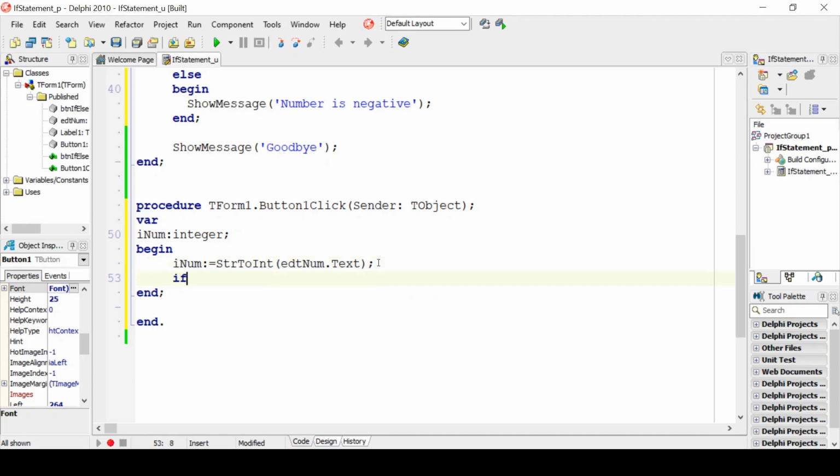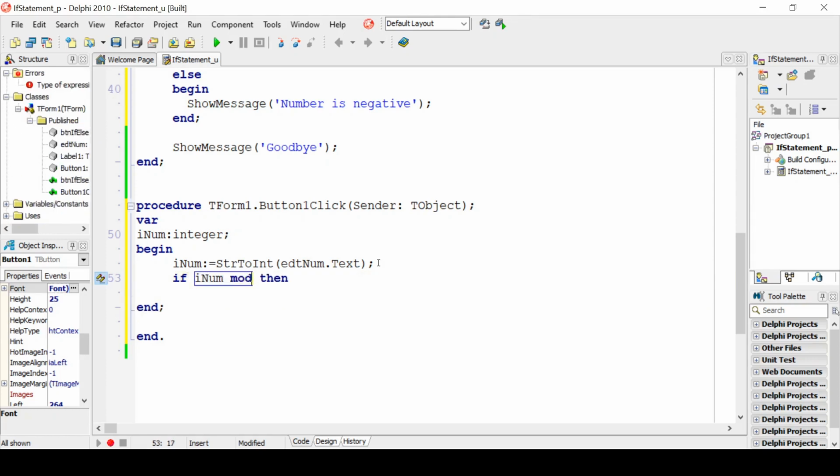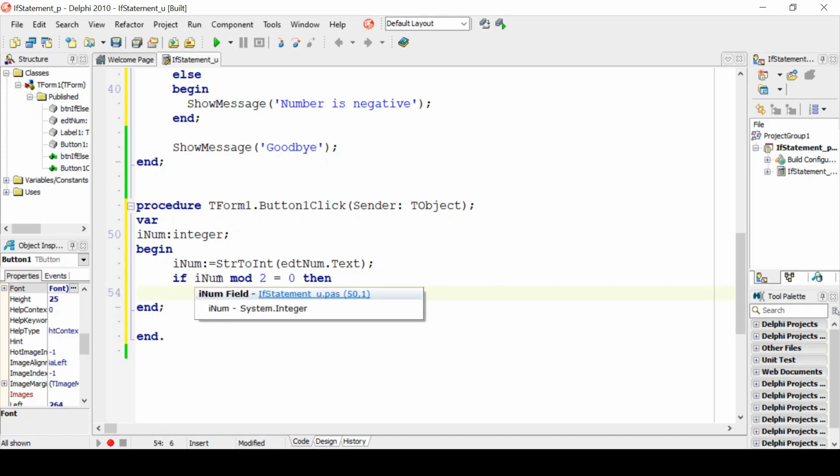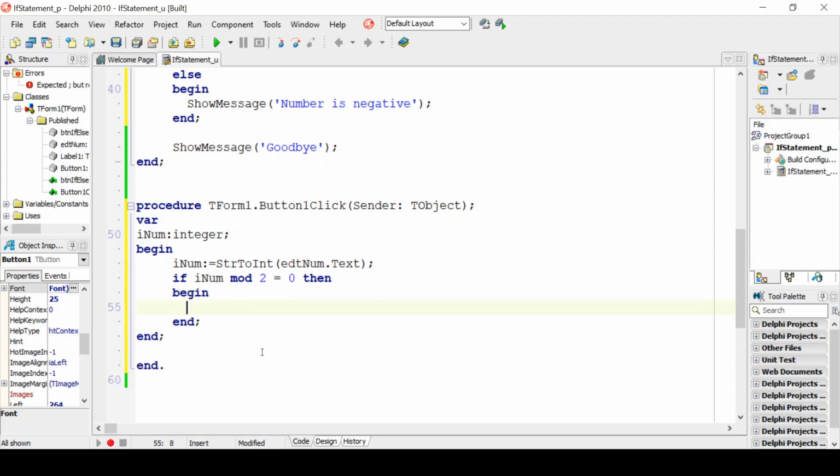So in this one, I'm going to check if inum mod 2 equals 0. So what mod will do, it's going to check if the number entered mod 2, if the remainder is 0, it's going to display a message. So always get used to putting your begin and your end. And I want to display a message, and the message could be